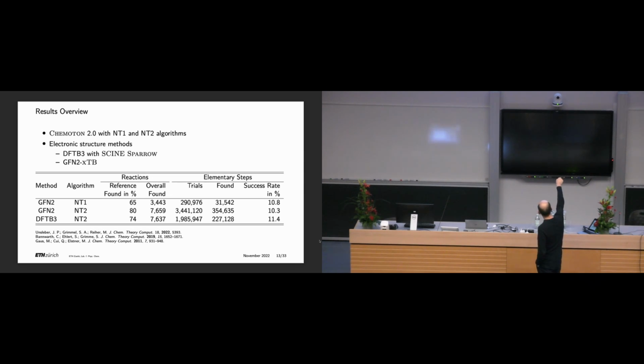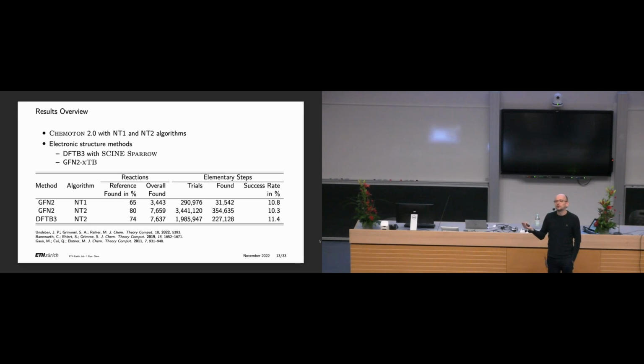Here you see from the reactions that we should find, we don't find everything, right? We find here 65%, 80%, 74%. It's important to note that whether we find everything that we should find depends on the electronic structure method. So in part, you see here the deficiency of the fast electronic structure method, and we expect this to be improved in the future. And then, moreover, the rest that we would not find, we can't find because we are not searching for this. For instance, there are reactions that involve bifurcations, and those cannot yet be found with our software. So this is all fine because we understand why we don't find 100%, but the key point here is